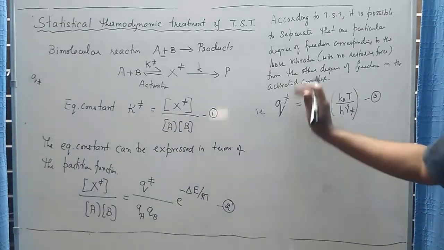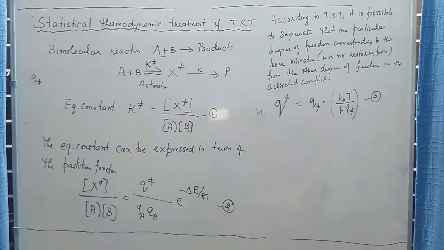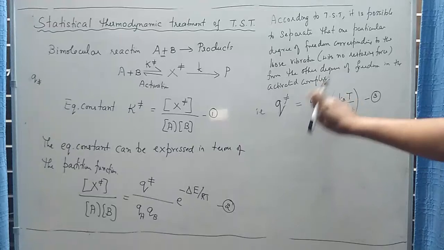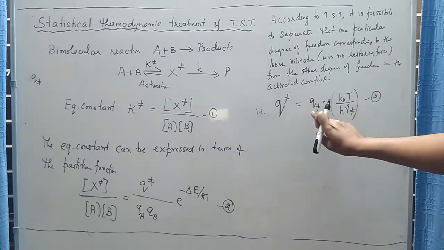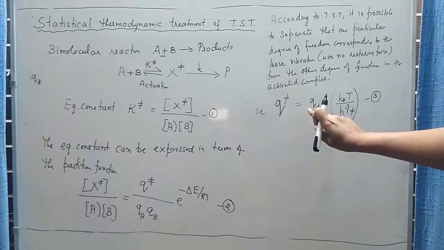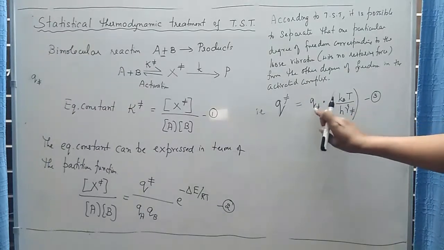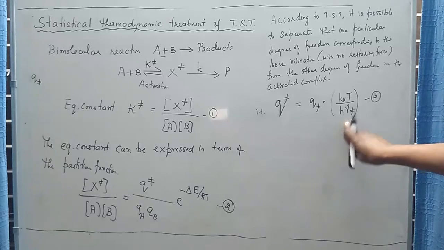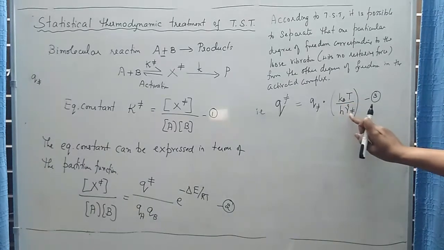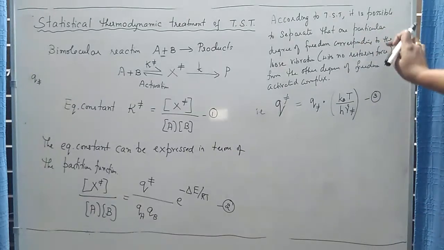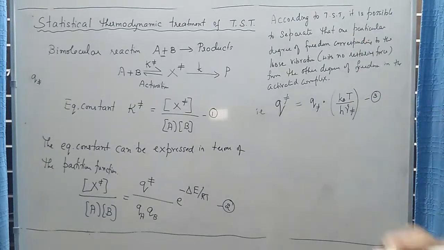So the total partition function of the activated complex is the product of the partition functions, which does not involve the partition function for the loose vibration. Into this, we multiply the partition function corresponding to the loose vibration, which is given by kB T divided by h nu dagger, and here nu dagger is the frequency of this particular vibration, which is called the loose vibration